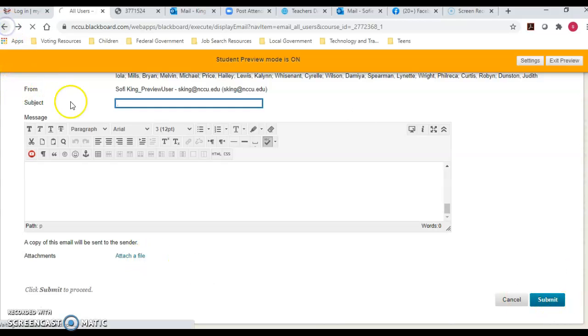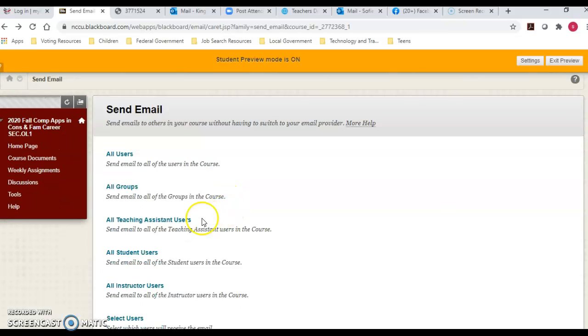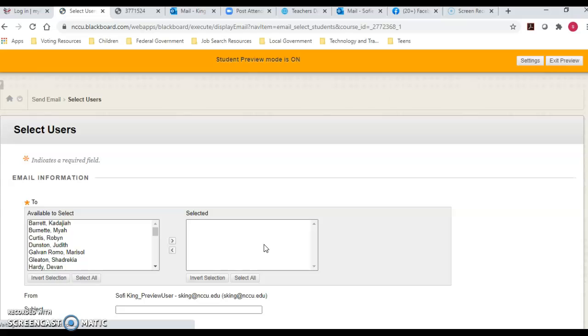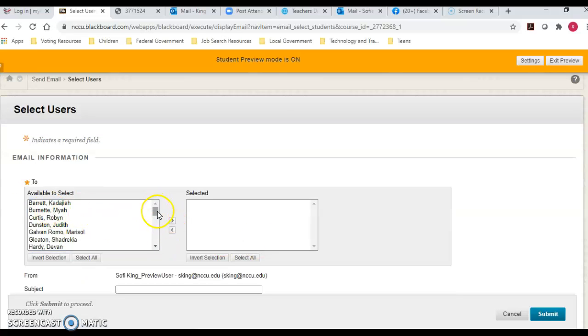But there may be an instance that you do not want to communicate with everybody in the class and you just want to communicate with few students. So in that case, you will select this button that says Select Users, click here, and now you can go ahead and look throughout what people you would like to communicate with. So let's say it was me, let's say it was Miss Joyner,